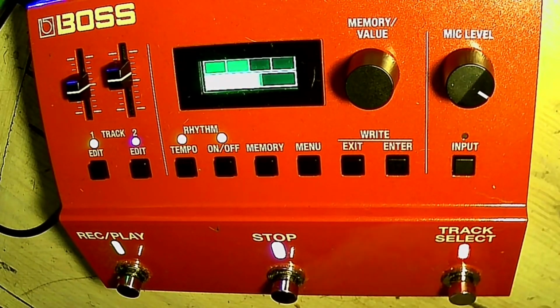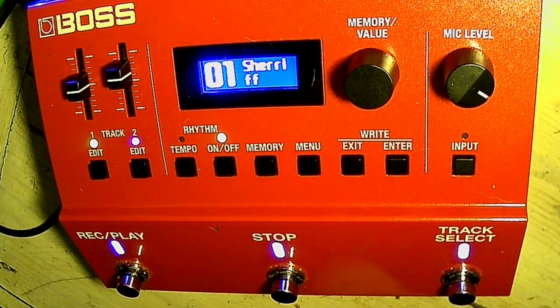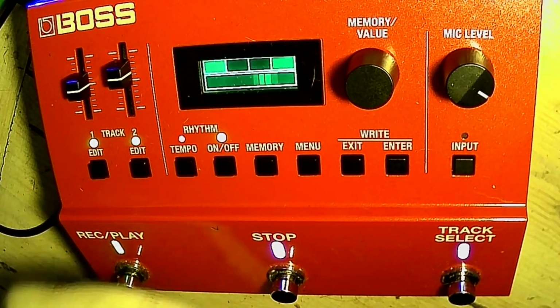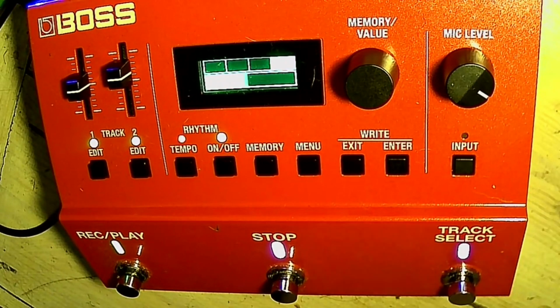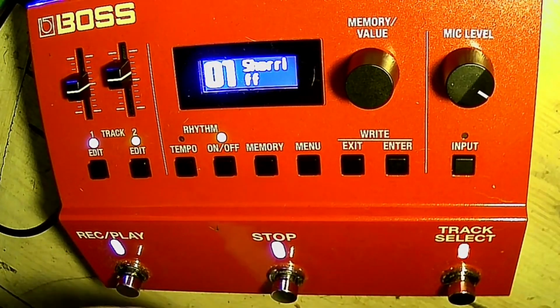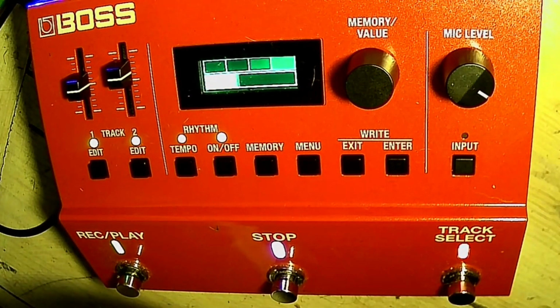Now I'm going to switch to track 2, get it ready for record, and then just tap the beat. And then stop it at the end. Go back to track 1. Now when I turn that off, the drums are going to carry on. Like this. And then we can carry on. So I can do then...